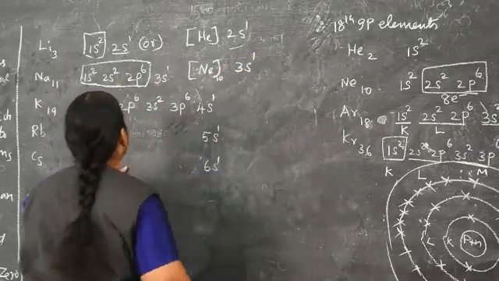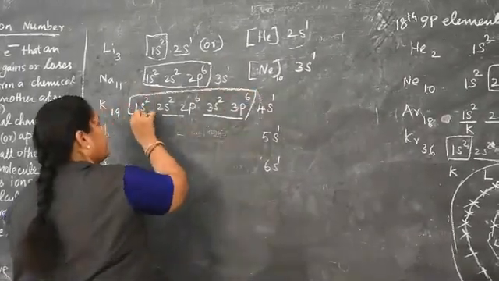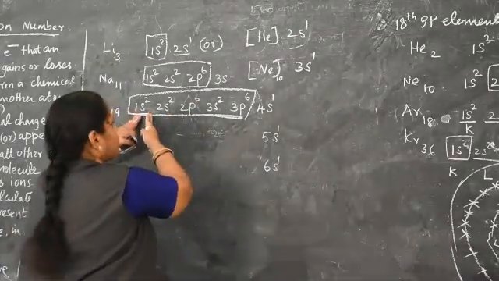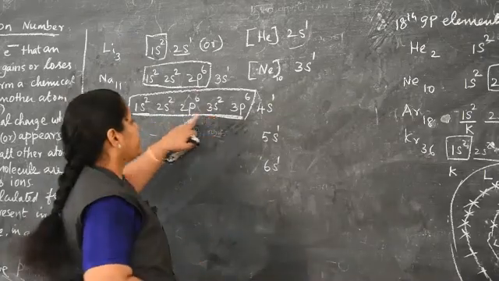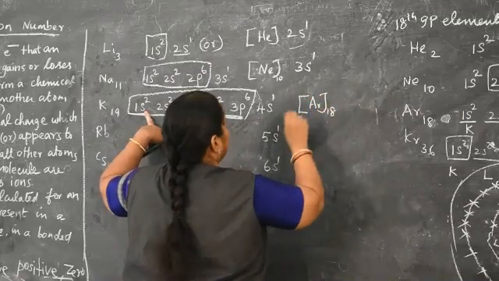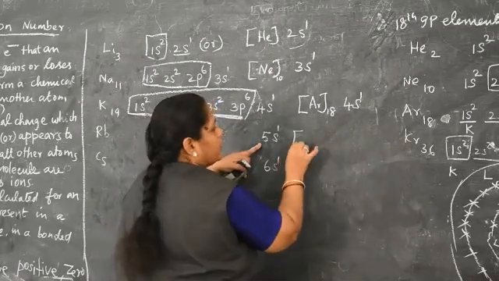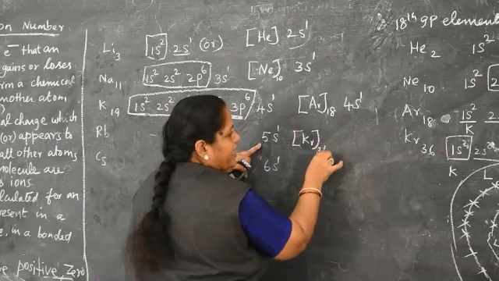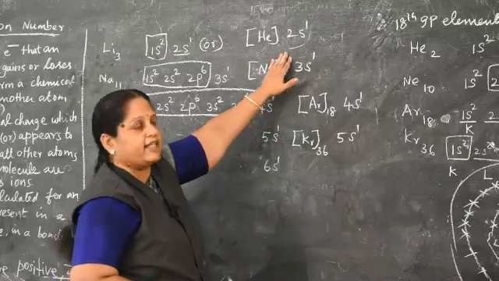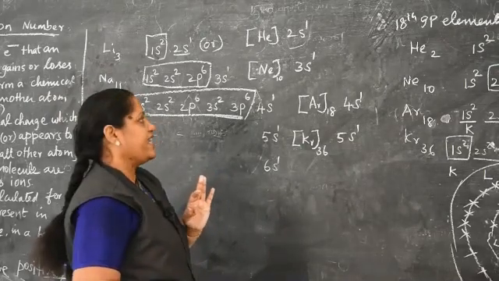Then argon, 18. See that, first cell, second cell, third cell. Up to this part, collectively how many electrons are there? 18 electrons are there. So instead of writing 1s2, 2s2, 2p6, you can represent this one in what way? Argon 18, after that 4s1. What about this one? Krypton. So here you write krypton 36, after that 5s1. Like that you represent electronic configuration. Either this way or this way, you can represent the electronic configuration of any element.